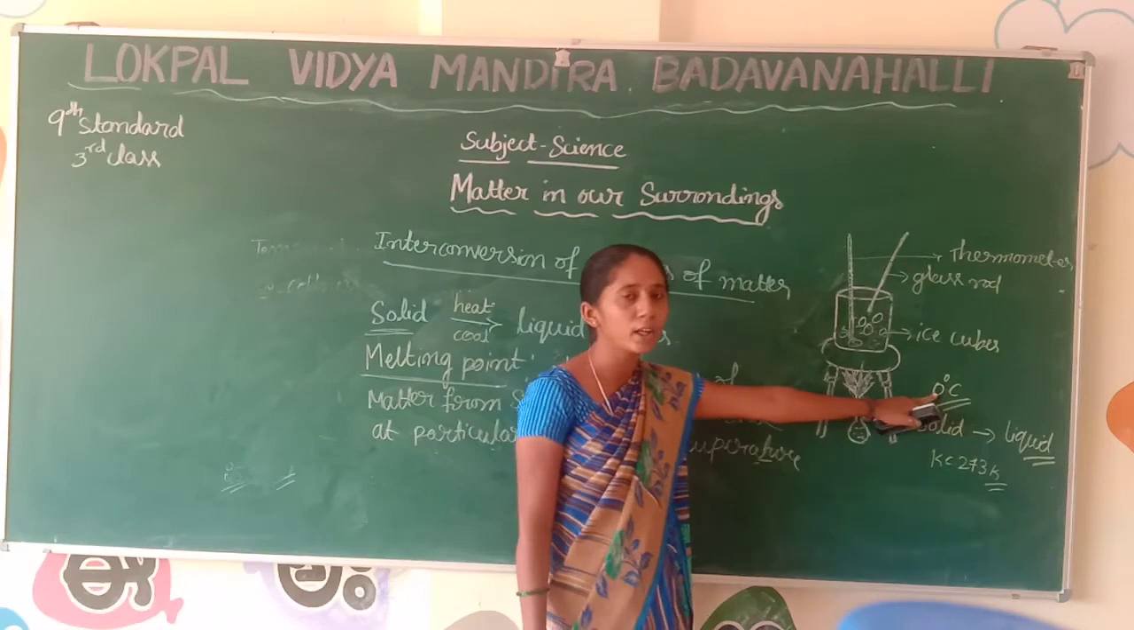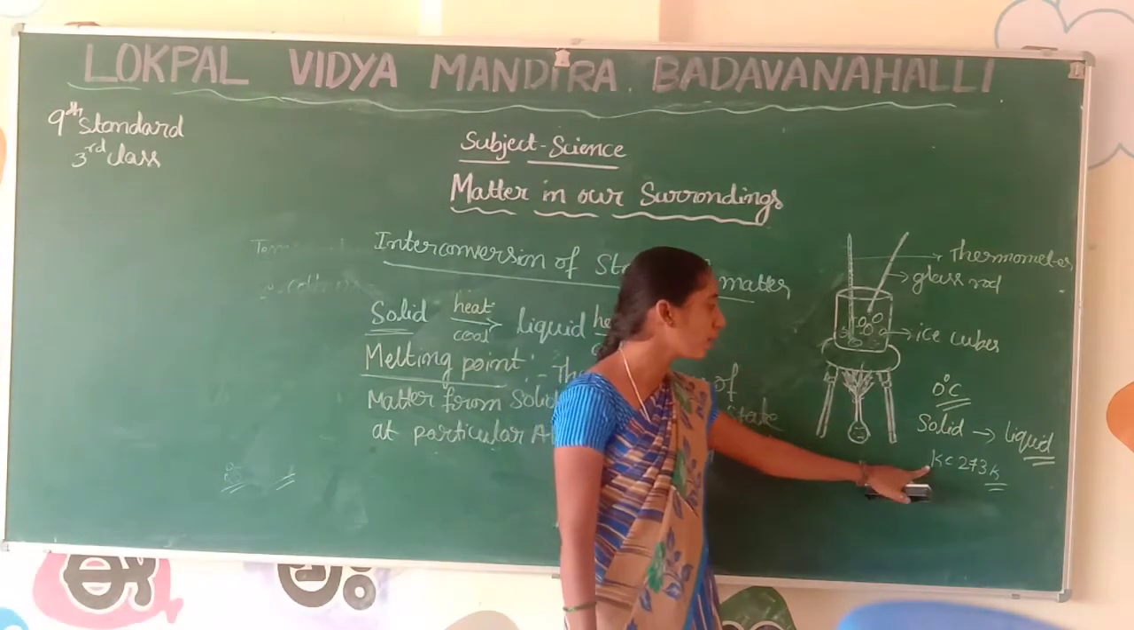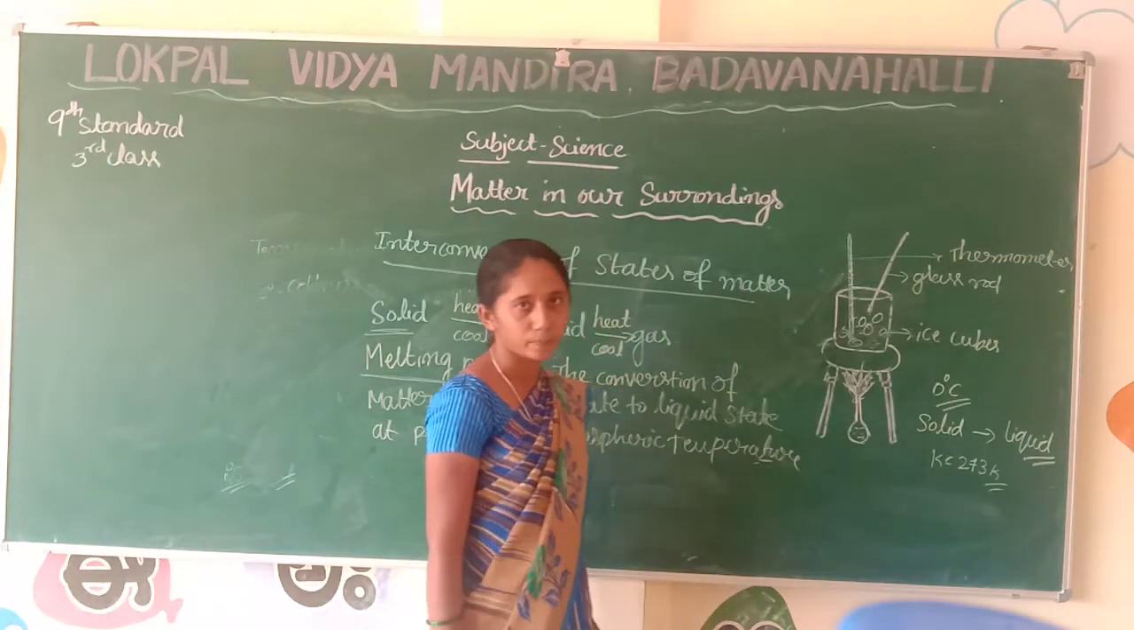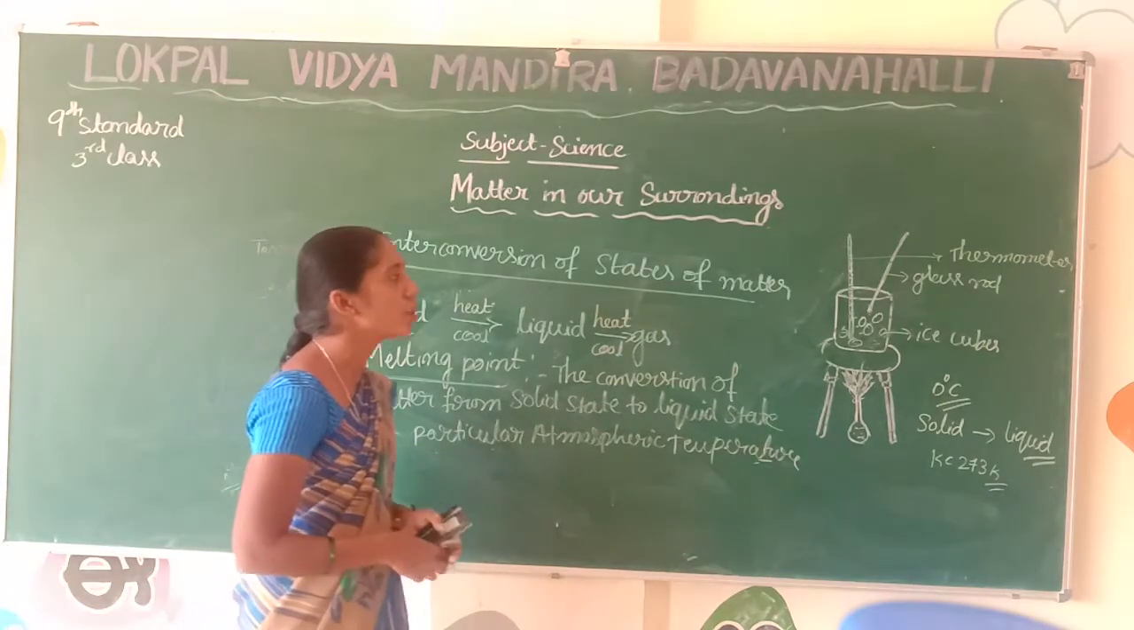The melting point of water in degree Celsius is 0 degree Celsius. The melting point of water in Kelvin scale is 273 Kelvin. Did you understand, students? Yes. Then after the conversion of this